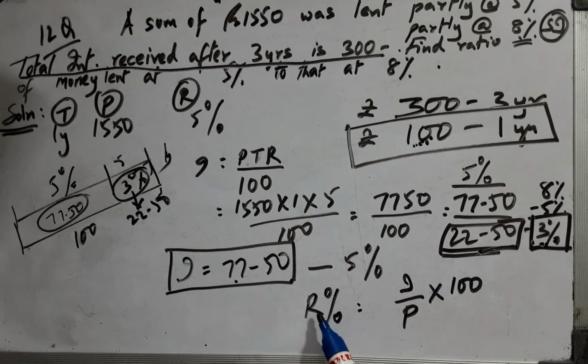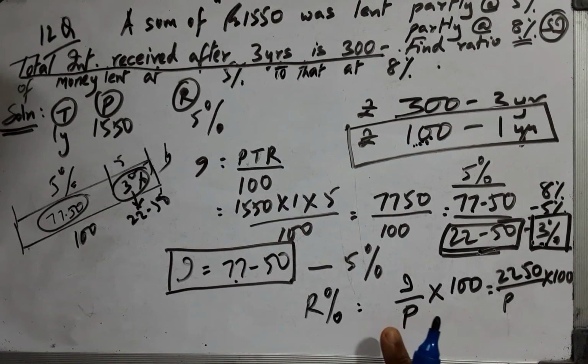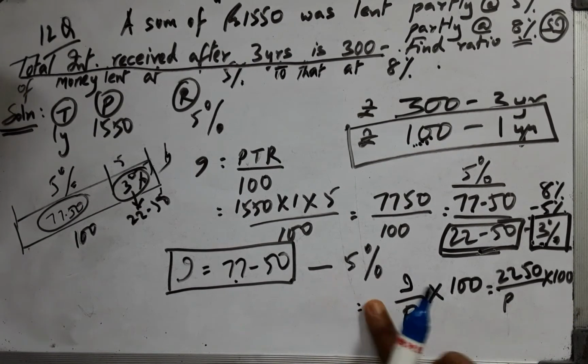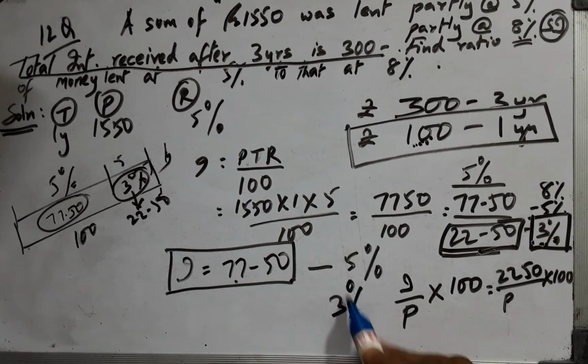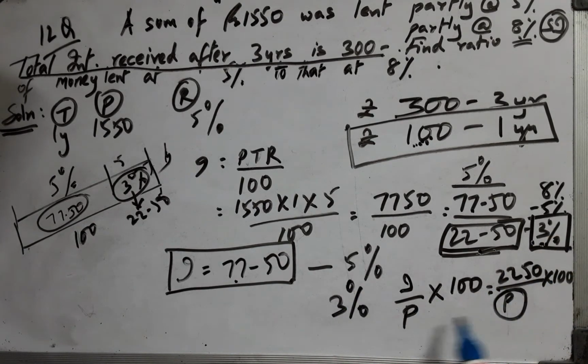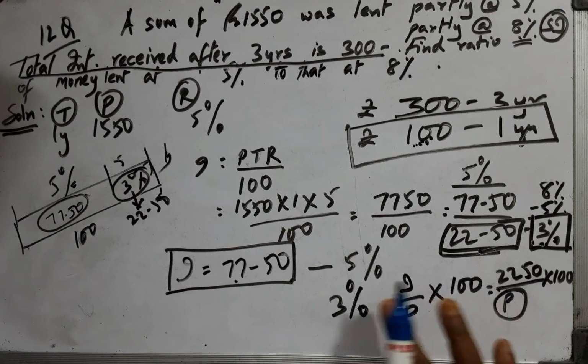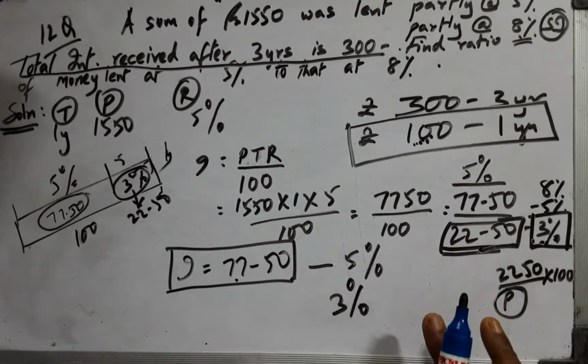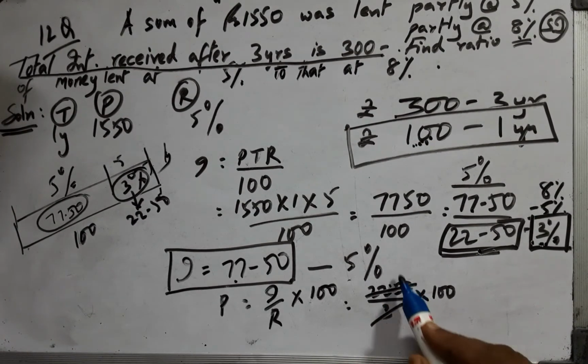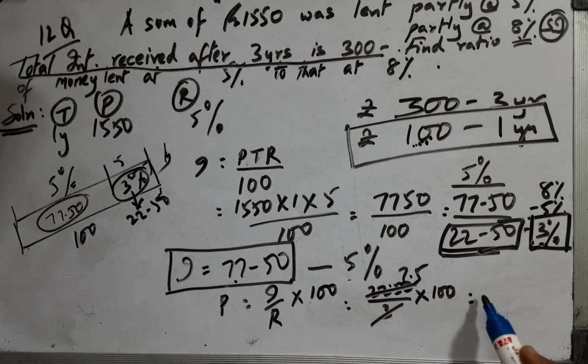So if you watch the first video about the ratios, you come to know that R percent is I by P into 100. Therefore, with value substitution, into 100 would give here the rate is 3%, as you have seen here, and from this we can obtain the P value by bringing these things, taking this here and bringing this here, and this cuts by 7.5, and therefore this is nothing but 750.